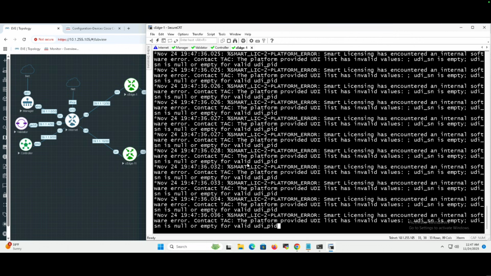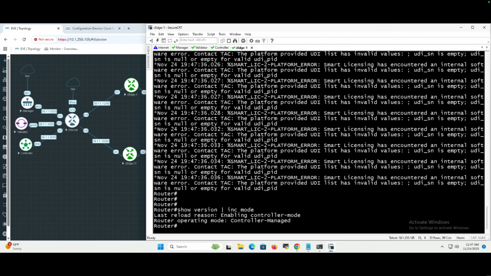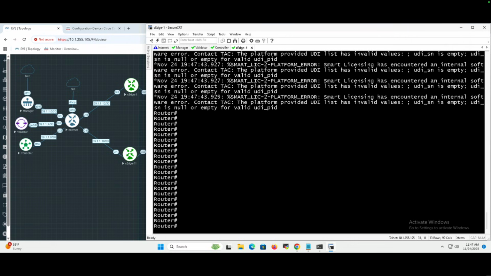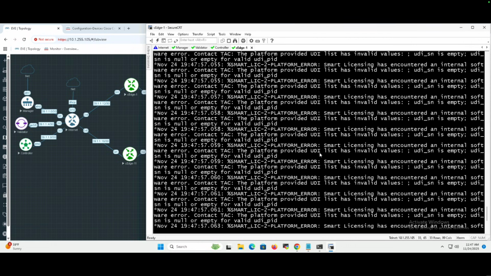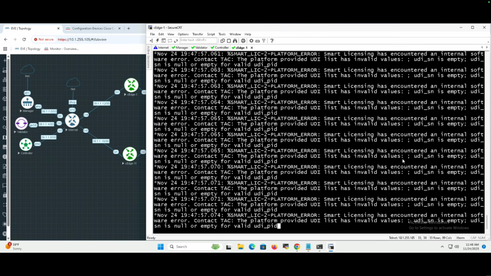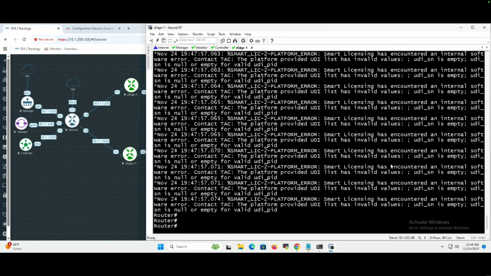Now, what you're seeing here is an issue that's associated with the fact that my device doesn't have a valid UUID assigned to it. So, like I said, I'm just trying to get it to stay on screen long enough for me to point to. So there it is. So enabling reason reload, enabling controller mode, and it is currently in controller mode. Now, what that means is it is now ready for the vManage to control it,